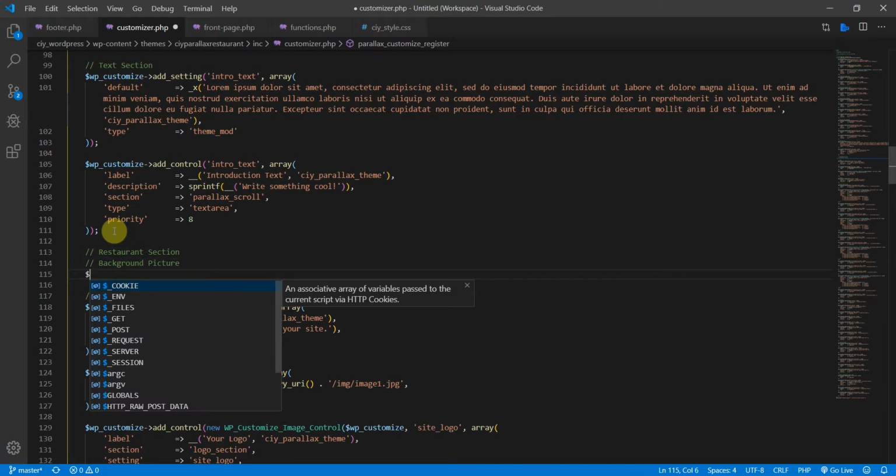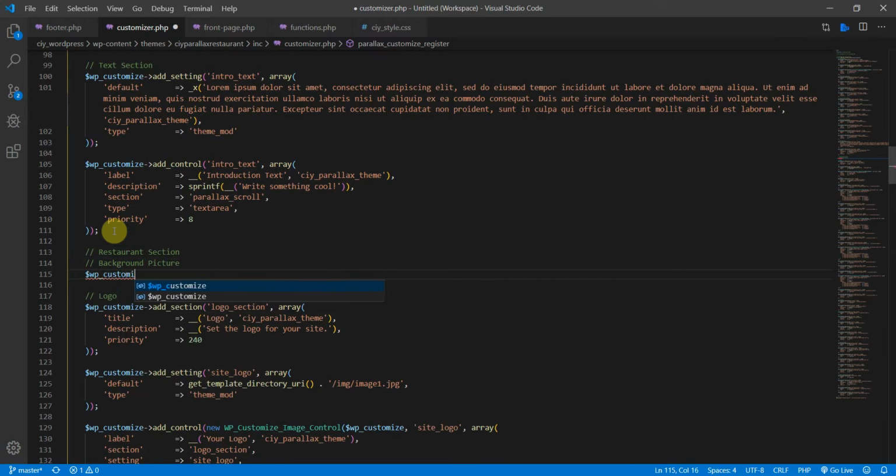So first you need a WP_Customize_Setting, and in this setting we are going to call this ID restaurant_background_picture, like this, and then an array,